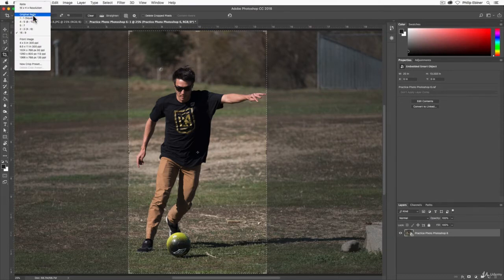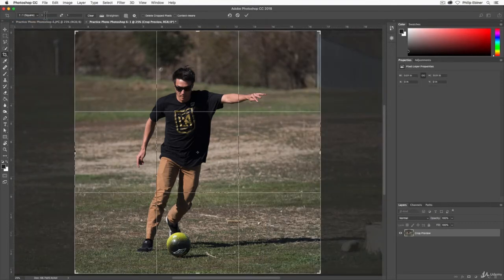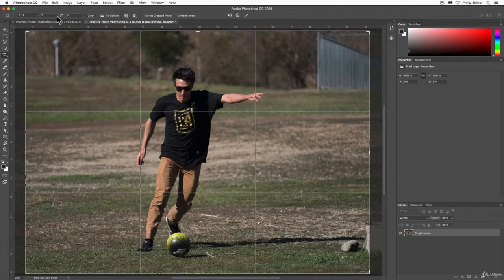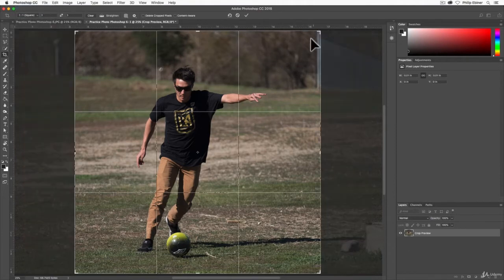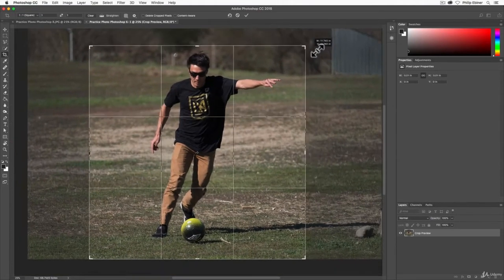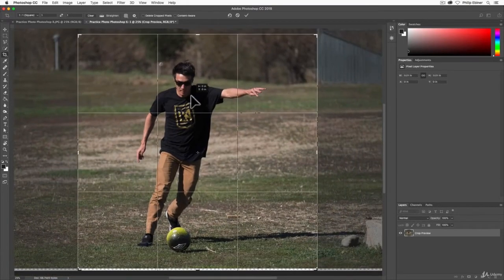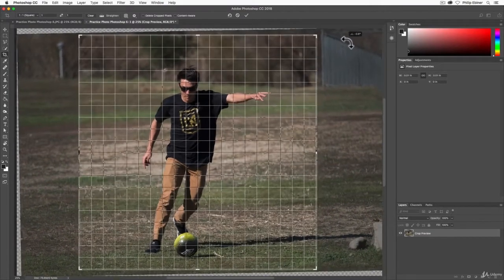You have a variety of aspect ratio presets up here, or you can type in a specific one over here in these two numbers down here. If you choose one like 5:7, for example, but you want it to be 7:5, just click this swap button in the middle, which swaps the height versus the width. So say I want this to be a profile image 1:1. I can choose that and then just click and drag around the edges to resize it. I can click in the middle to move the photo around. I can hover over the corners to rotate as well.